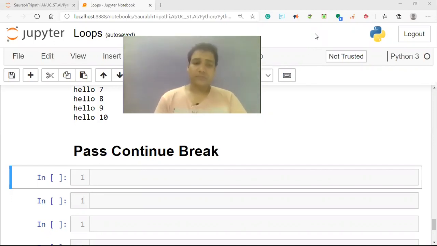It simply runs on. Continue, on the other hand, works in a different manner. What it does is simply take the cursor back to the condition. So if you're using continue in a while loop, or in a for loop, the moment it executes the continue statement, it will go back to the condition checker, the starting of the loop, and again do all the execution. So lines after continue will not get executed. Break, on the other hand, stops the code immediately.